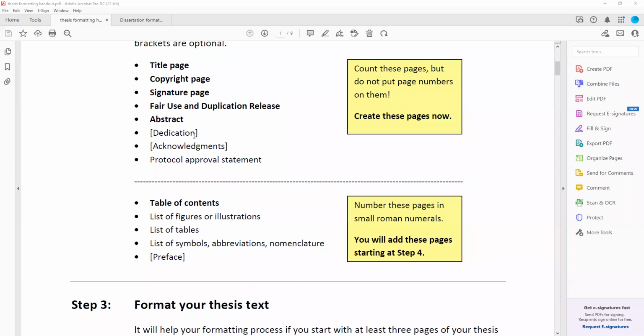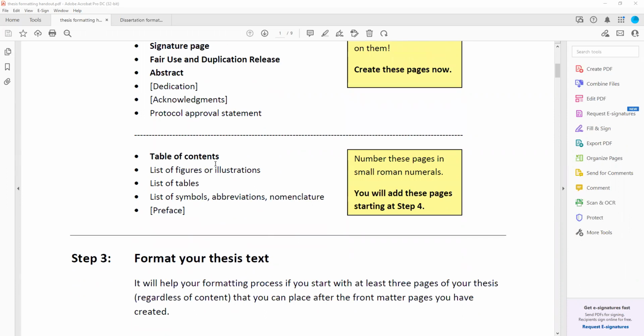So that's one of the big tricks that I'm about to show you today: how the heck do you get in the same document some pages that have no page numbers, some page numbers that have little Roman numerals. And then when we get to step 3, which is your thesis text, that's supposed to be in Arabic numerals in the upper right corner. This will make you tear your hair out, but it's actually not as hard as it may sound. You just need to know where the commands are.